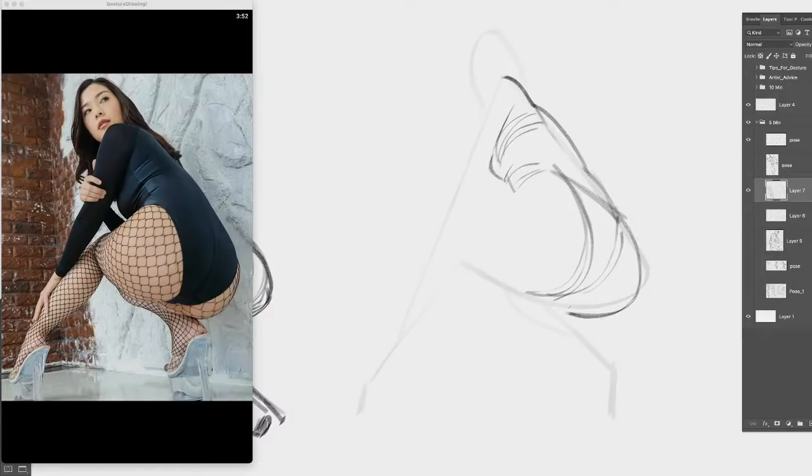The lower part here, and the leg. The leg has a lot of foreshortening, so let's try to do this as a graphic, basic shape, right? As a tapering shape. Want to break it down. Sometimes the anatomy might confuse you, but just try to make that taper shape clear to you. Sometimes when we use reference, we don't know exactly what's going on, and what is better, just try to construct it with a very simple shape,